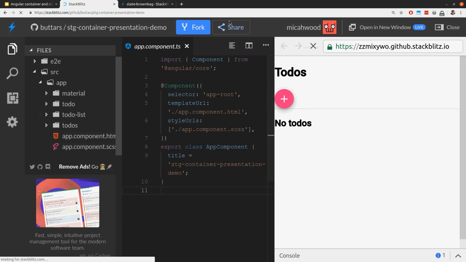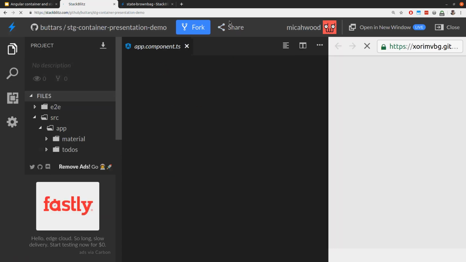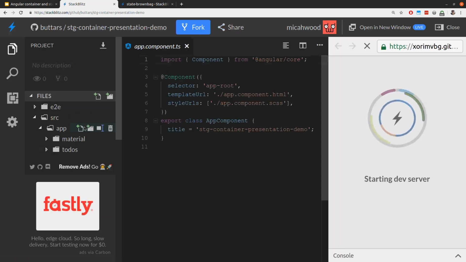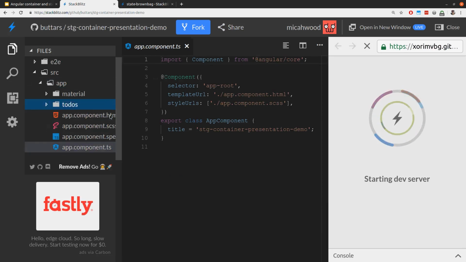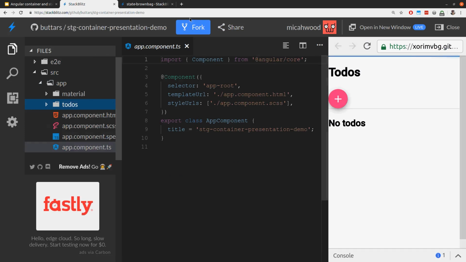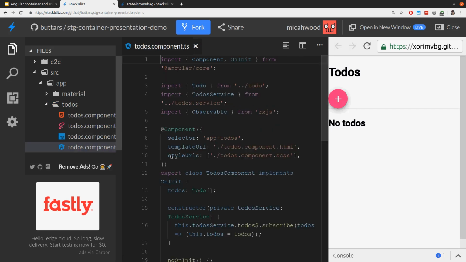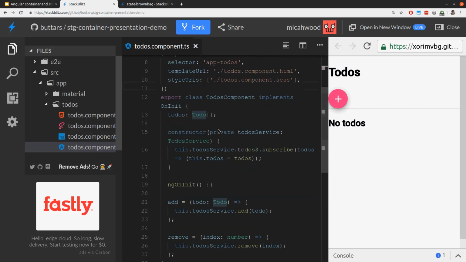So I created a finalized version and then the beginning version. If you're new to Angular, you might be tempted to do something like this, where we create a to-do. This is a whole to-dos app, and you might be tempted to make a to-dos component. And if we look in here, it's just one component. It takes in a service, it takes in the type, and it's going to extract the to-dos into a list